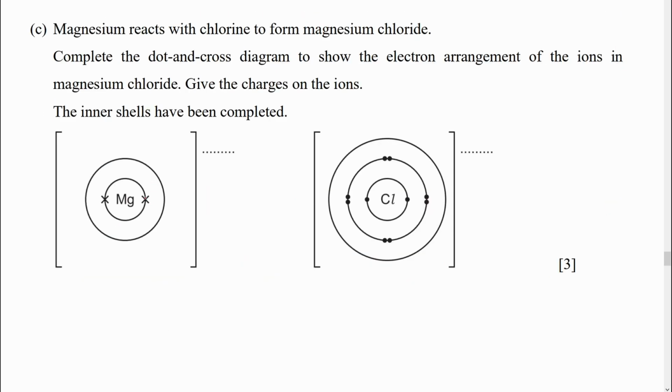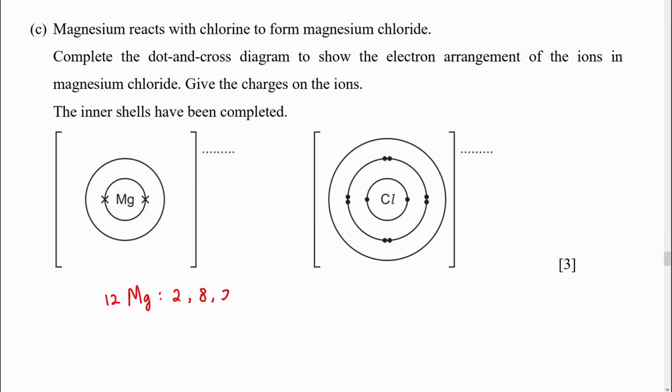Part C. Magnesium reacts with chlorine to form magnesium chloride. Complete the dot and cross diagram to show the electron arrangement of the ions in magnesium chloride. Give the charges on the ions. The inner shells have been completed. Okay, to answer this question, you have to know the atomic number or proton number for each atom. So if you check in the periodic table, the atomic number of magnesium is 12. So 12 magnesium, how we configure this one is